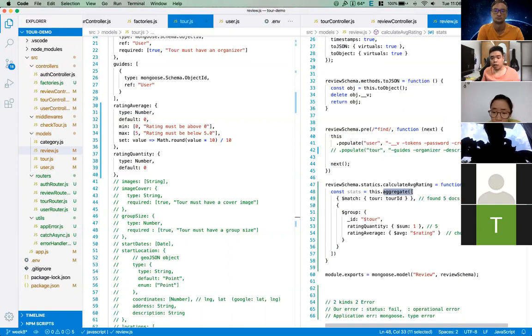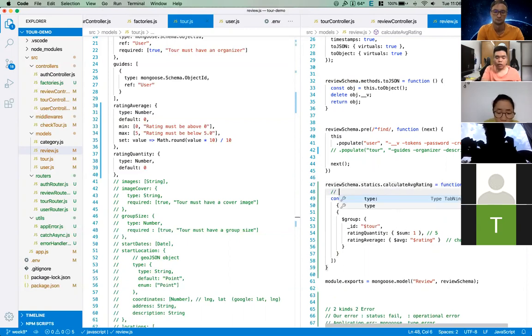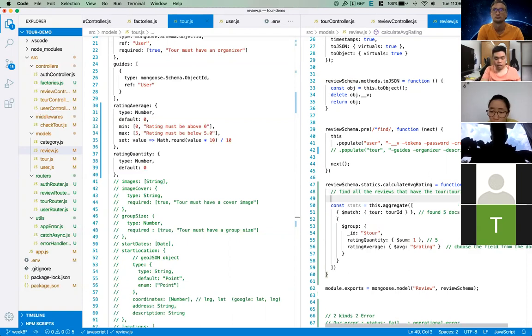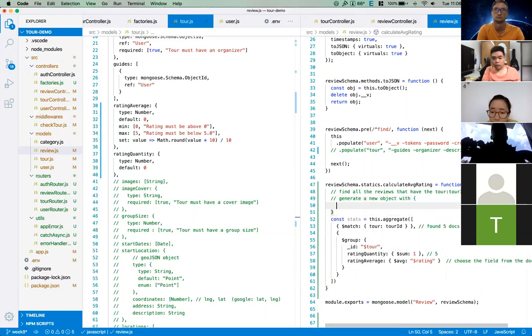So this array, the whole thing here, will find on the docs the reviews that have the tour field equal to the tour ID, right? And then generate a new object with, for example, here I'm going to perform the ID, the field ID equal to the tour ID here,